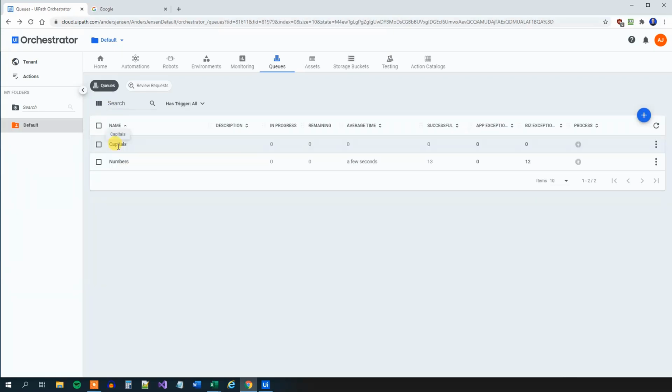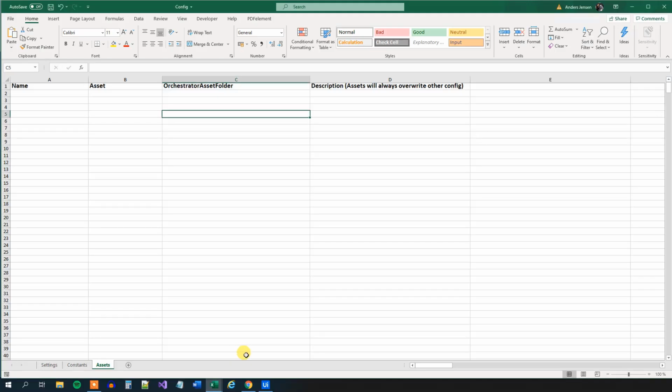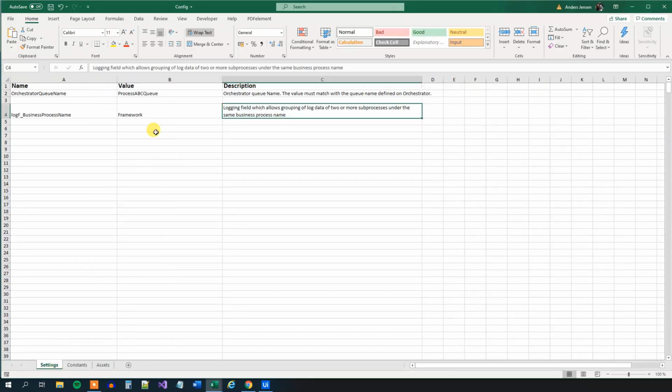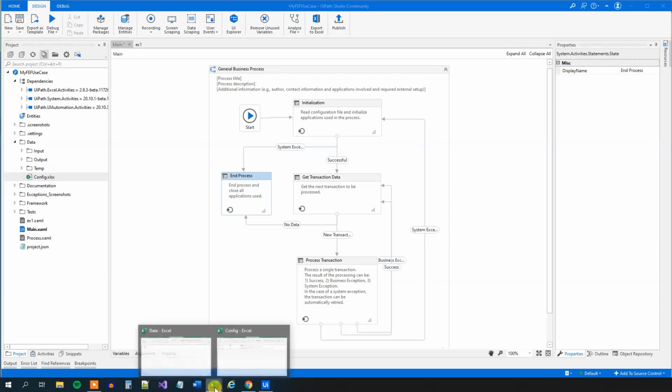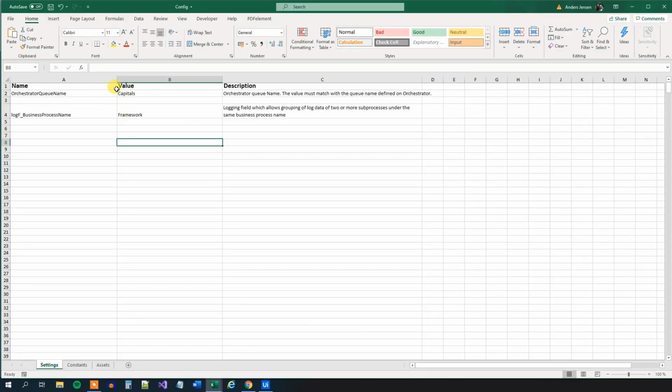So if we want to create like 10 cases in the system, we will add 10 items to this queue. Let us go back to the config sheet because now we created a queue called capitals. So we'll open up the config, go to settings. Instead of process ABC queue, that's not our queue name. Our queue name was capitals. So this config sheet will tell our UiPath REFramework the name of the orchestrator queue and just